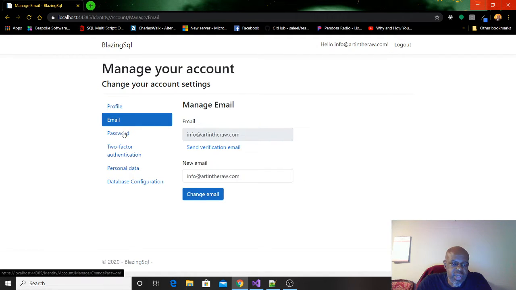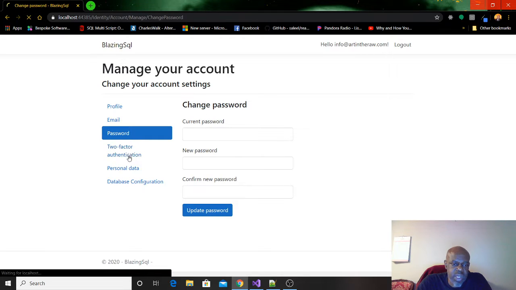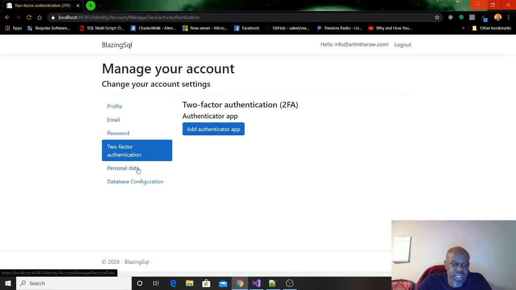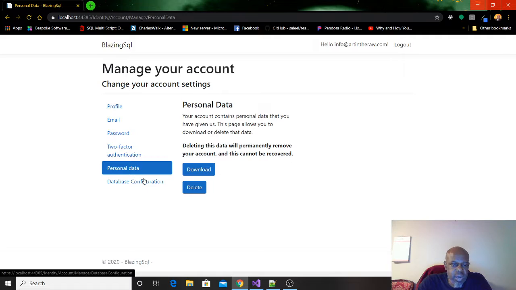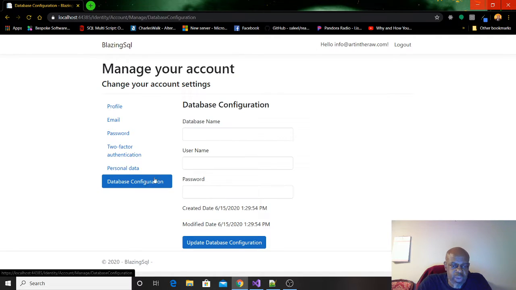And in your account, you can go in and set up your email, your password, your two-factor authentication. You can download your personal information if you want to. And this is where we're going to be configuring your database. And I'm not sure if I'm going to really implement this on the first or not. This is all going to be